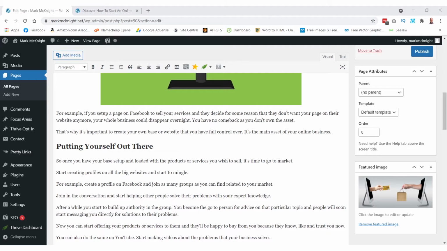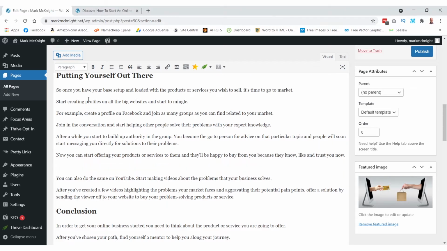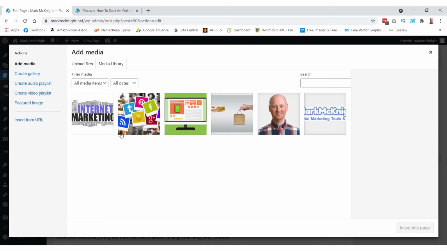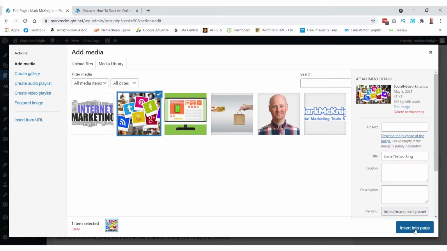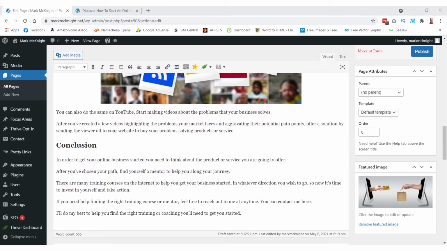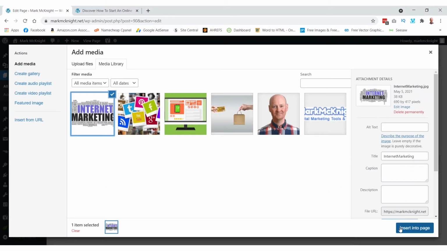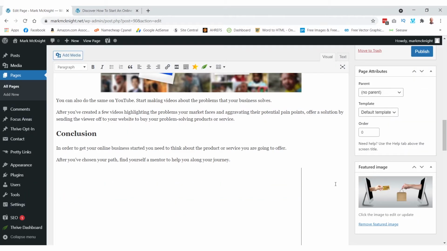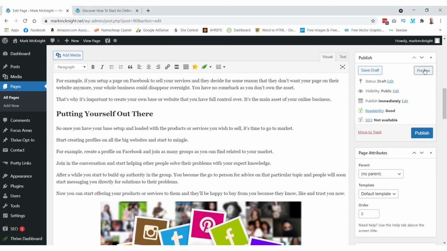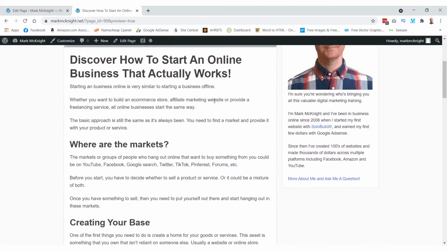Okay, so the next image I think we'll put in about here. And it's talking about social media, so we'll see if we can find it. We'll use this image here of social media. And then the final image we'll put in just in the conclusion, just before the end, just to balance it out. So let's preview that and see what it's looking like now. So our featured image, we've got all our text